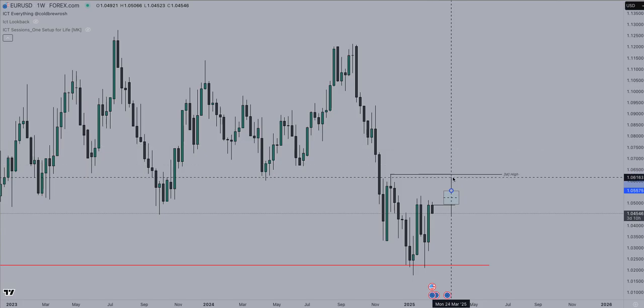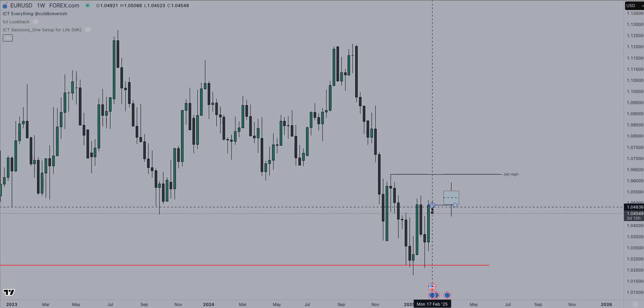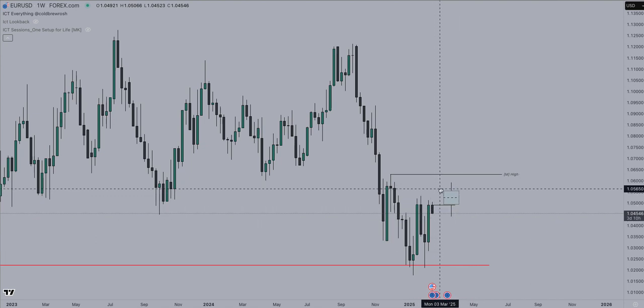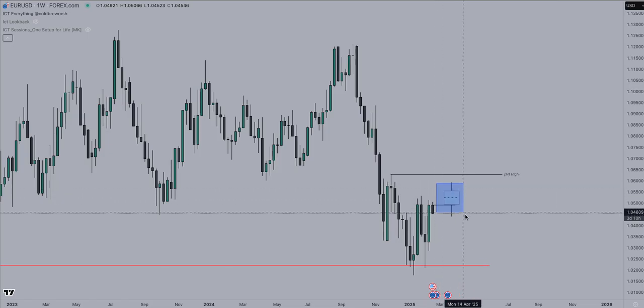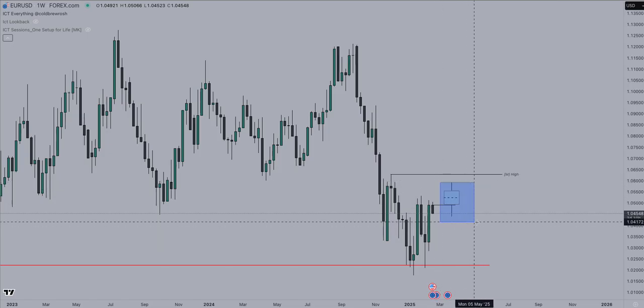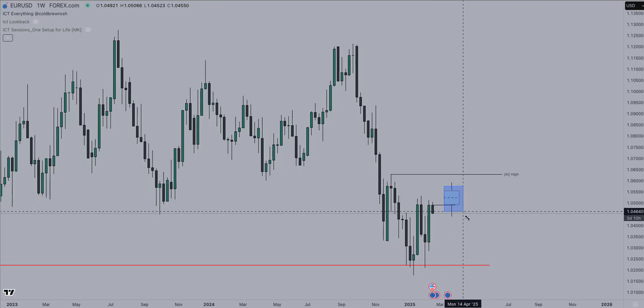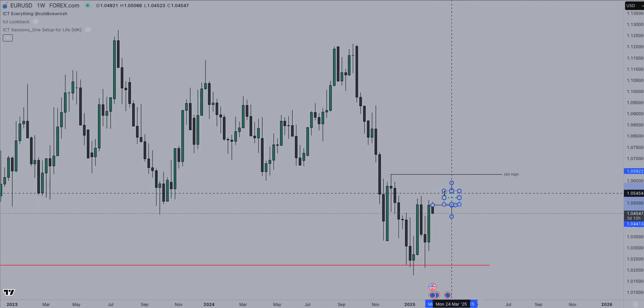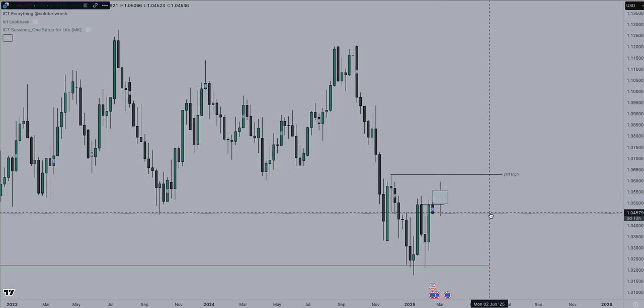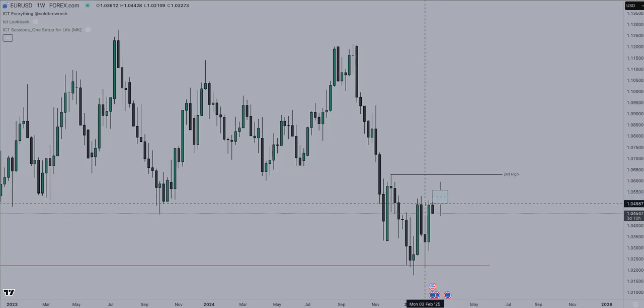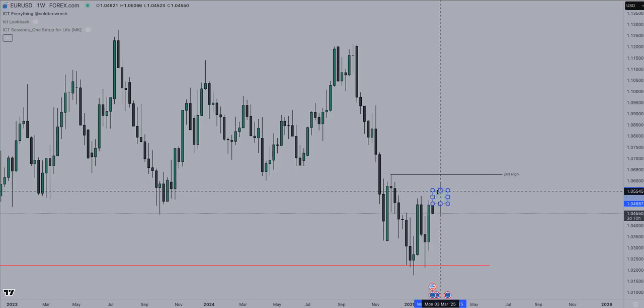So currently we could end up looking something like this. So currently this is going to be the wick. So the open, low, and then high, close. So this here will end up looking like this. So we're looking for this candle, this currently, to be the wick, and then move up,